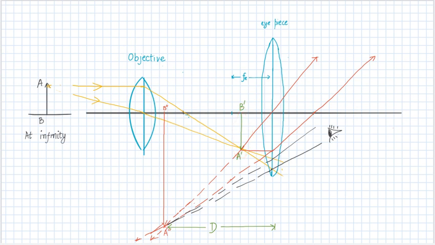The next condition is that this image should be formed at the focal length of the objective. Since the object is placed at infinity, the image is formed at the focal length. Fine. So if I have to show this here,